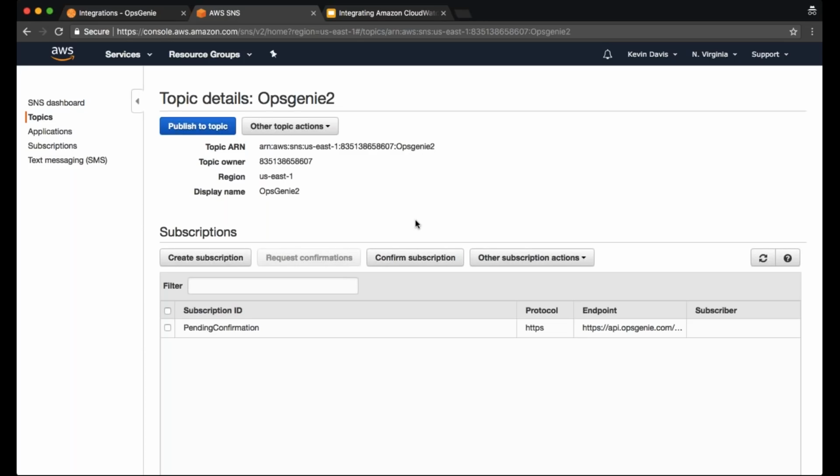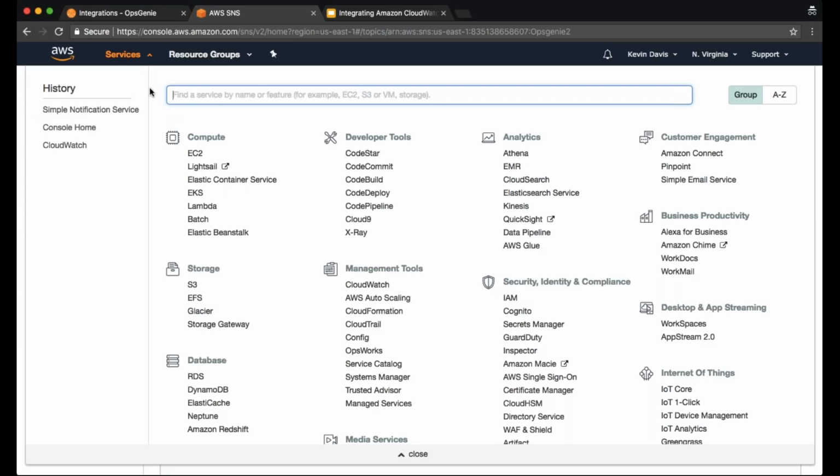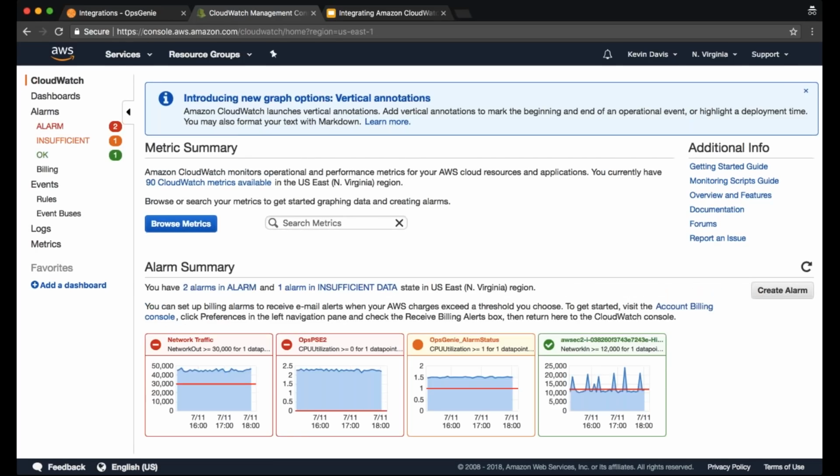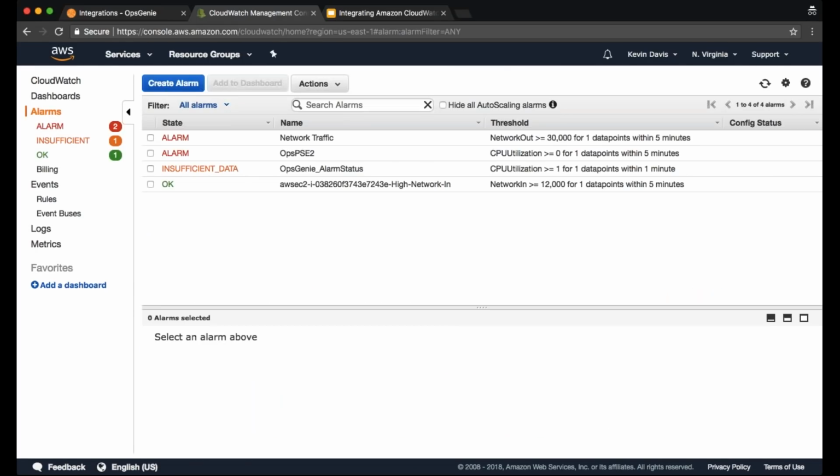And then your SNS topic is set up. And now we're ready to go and configure a CloudWatch alarm. So now if we go to CloudWatch within the AWS console, we then want to go to just alarms. And then from here,